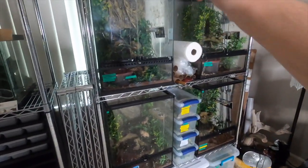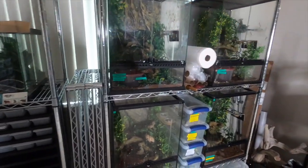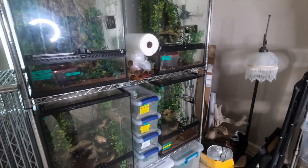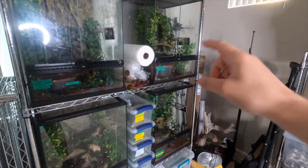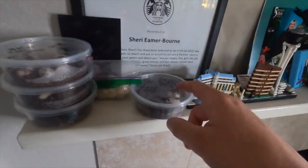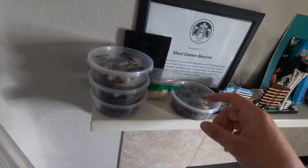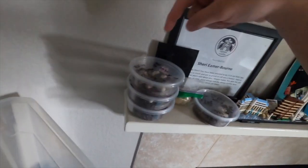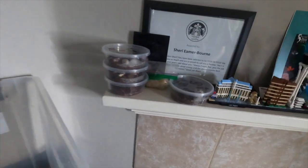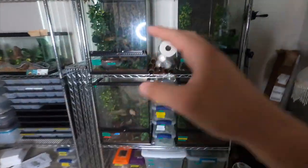So I have the Dalmatian tank, the pinstripe tank, the grow-out tank, and the gargoyle tank. Hopefully the gargoyles will lay eggs soon. Like I said, the Dalmatians have been laying eggs, and I don't think it's this clutch, which is the next clutch to hatch, but the one right after that, it'll actually be the first one from the Dalmatians,